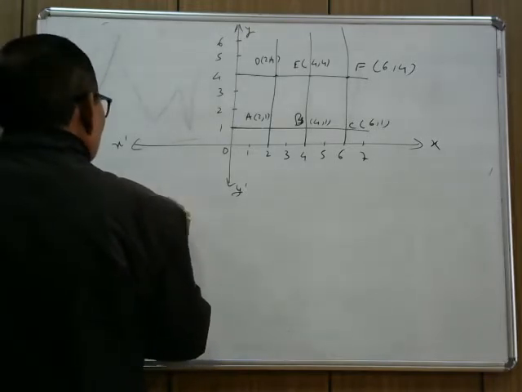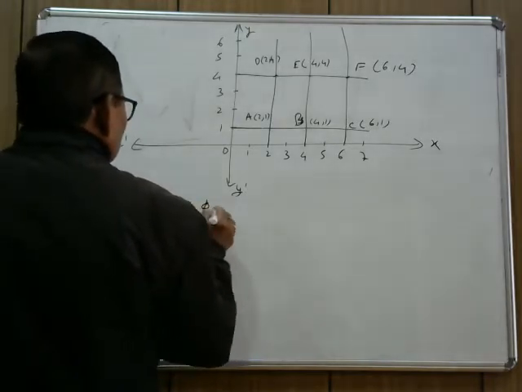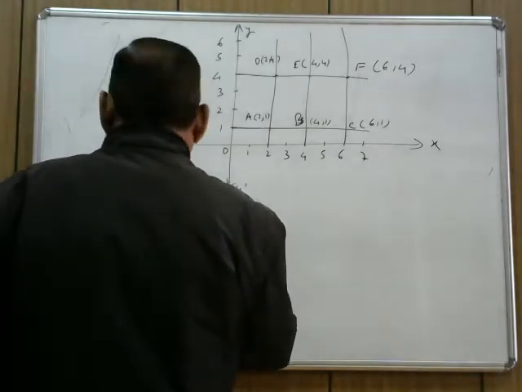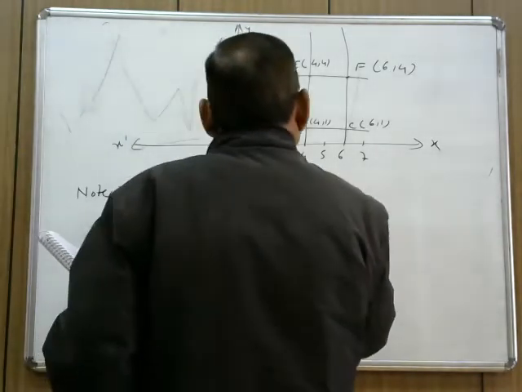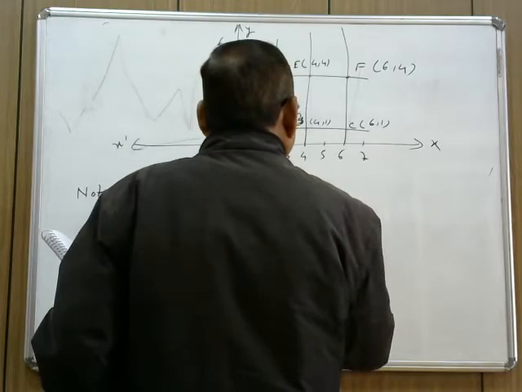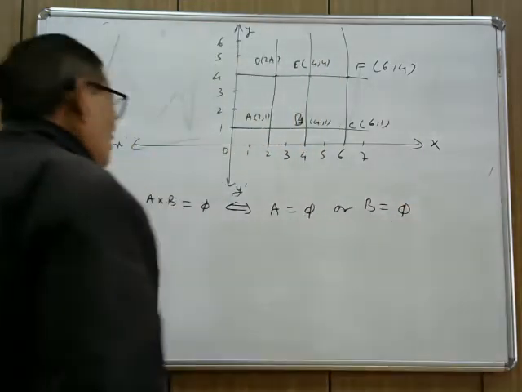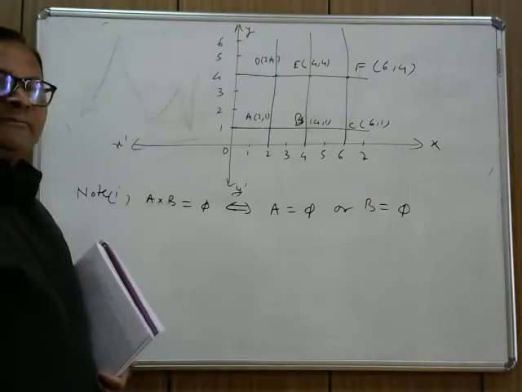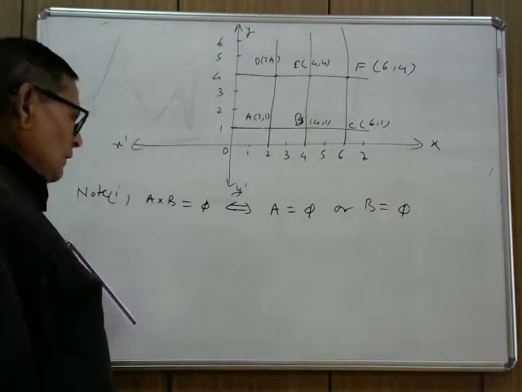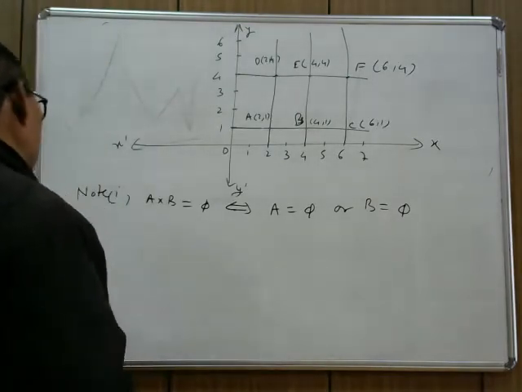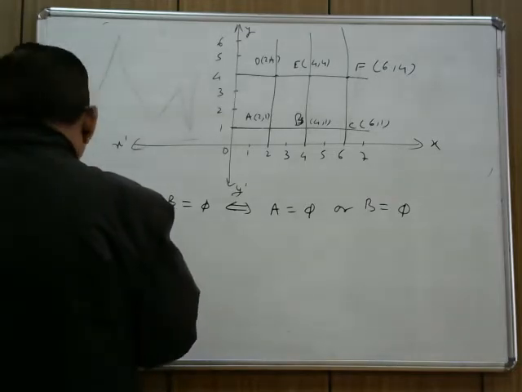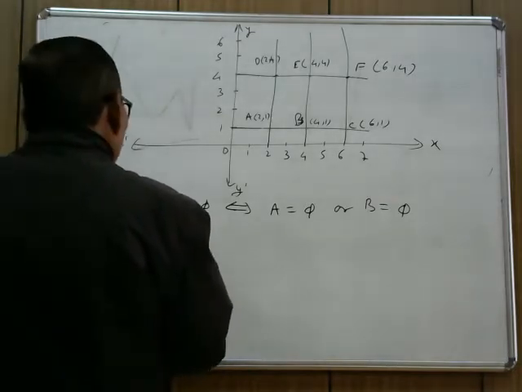A cross B is the null set if and only if A equals the null set or B equals the null set. A cross B is null only when one of the sets has no element. One set must be empty for that. Second, A cross B